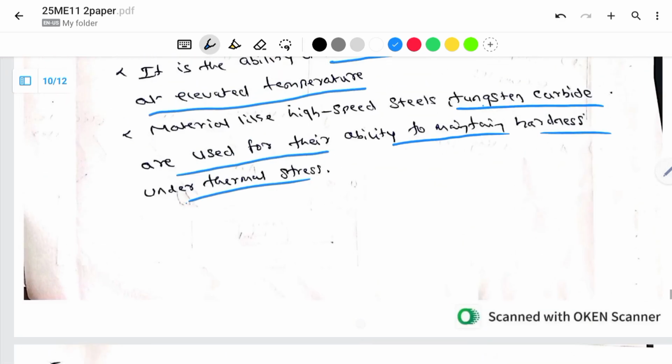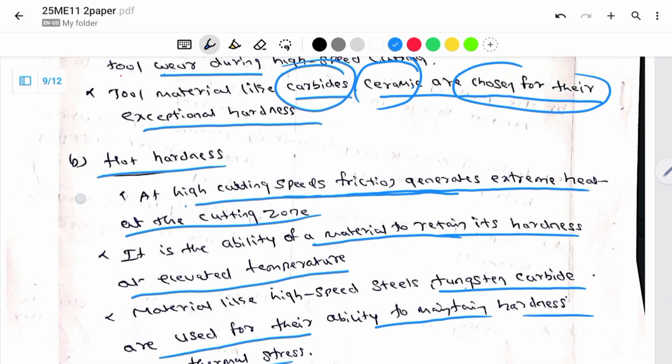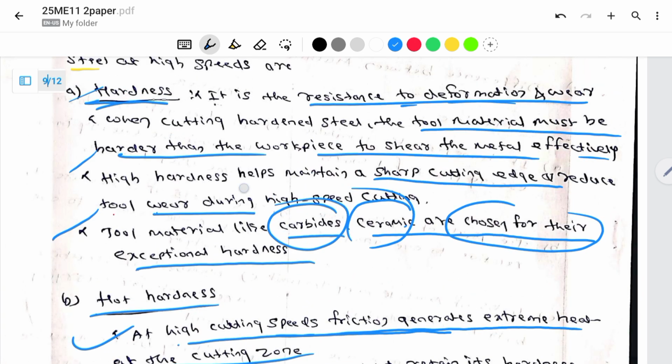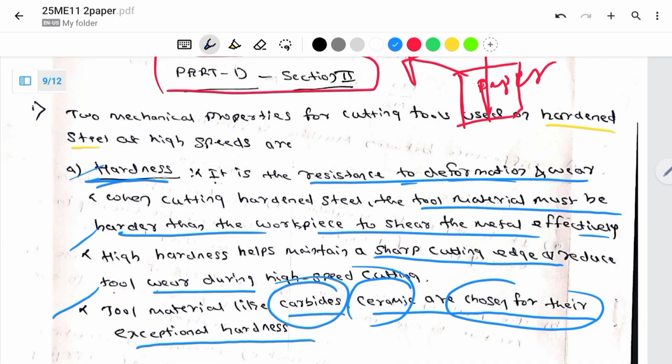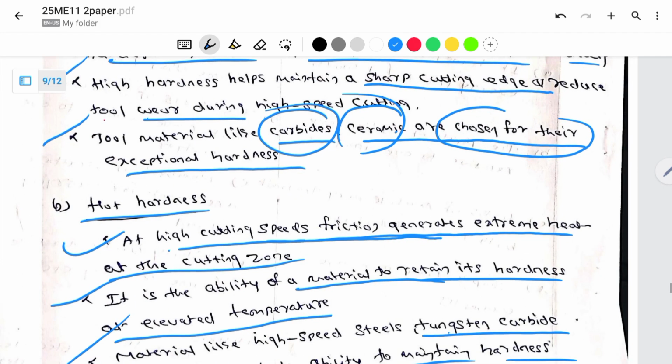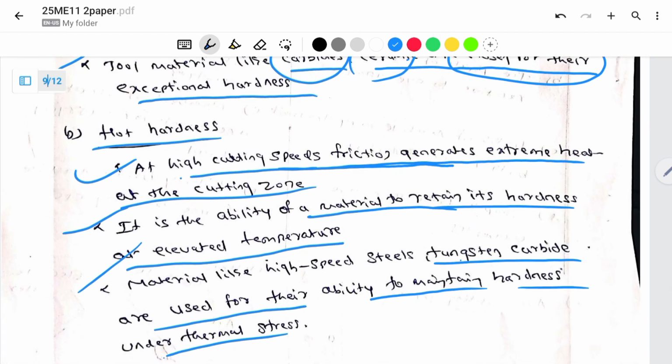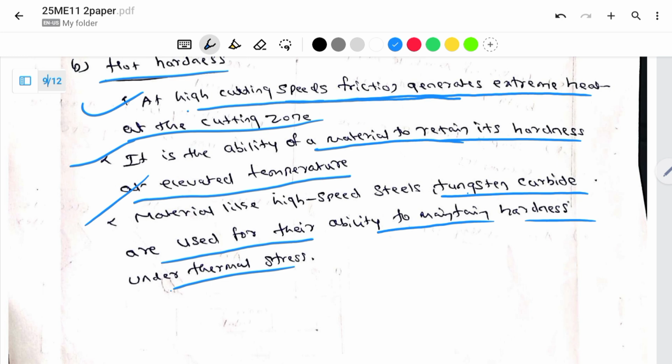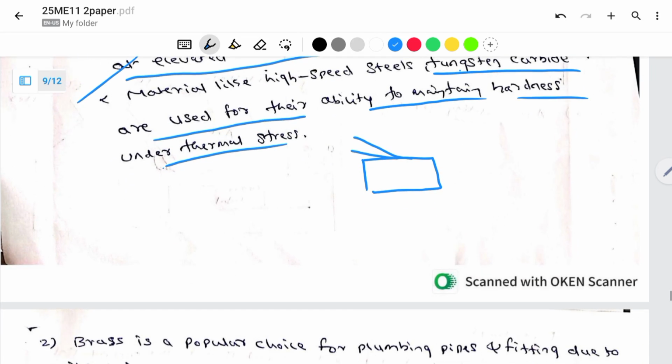So here the two properties have been explained. More points you can also write. Here, 1, 2, 3, 4, 5, 6 points have been explained, so you will get 6 to 7 marks for this one. But you can make it more lengthy with examples and a diagrammatic representation, as I explained here. To achieve this shear property, a shearing action has to take place, so you can explain with a diagram also, in your own words. Okay.